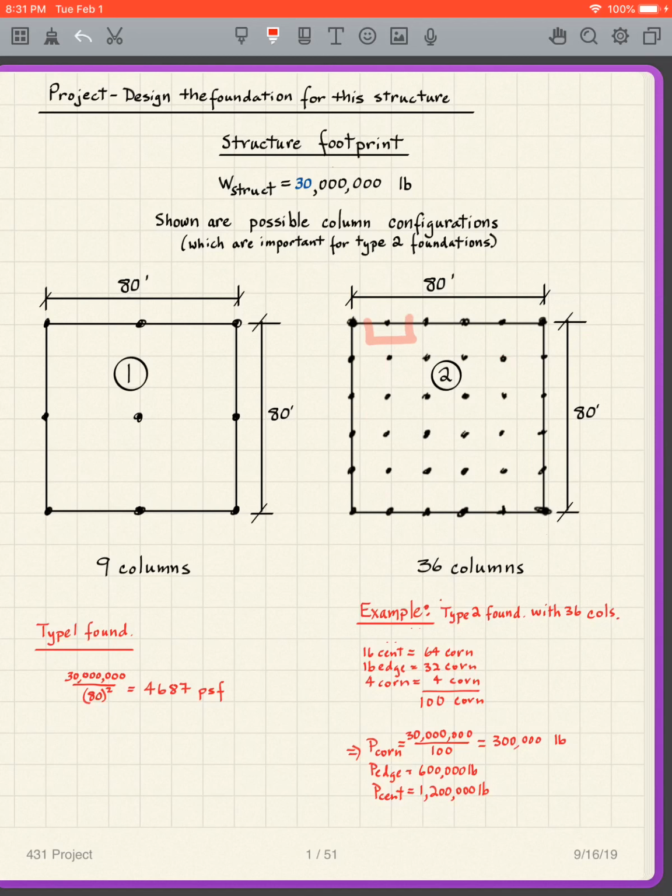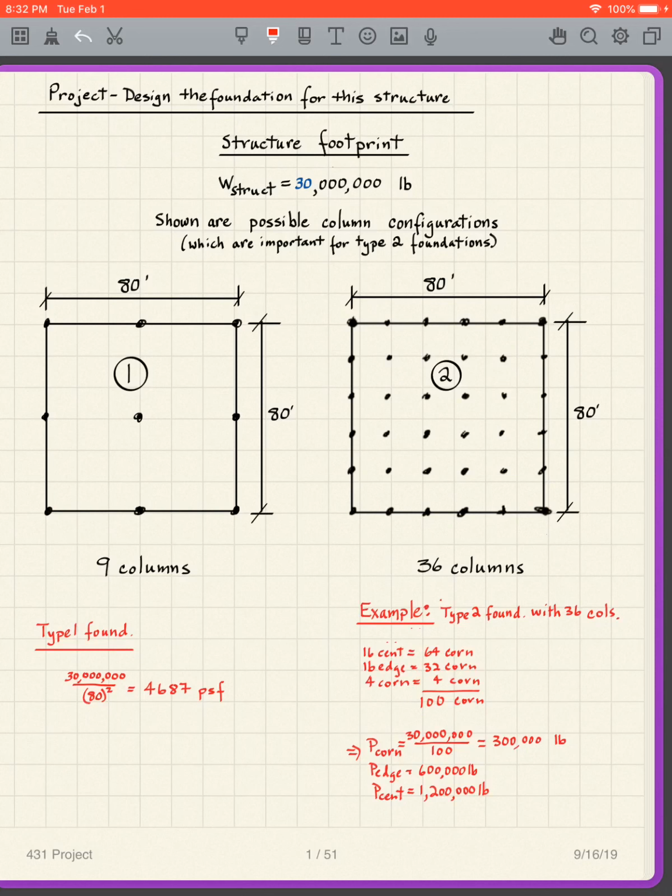So, and how many edge columns do I have? Well, I've got, all of these are edge columns. All of those are edge columns. So I also have 16 edge columns. And that is equivalent to 32 corner columns. And I have 1, 2, 3, 4 corner columns. So that's 4 corner columns. So the end result is, if I add all those together, I get the equivalent of 100 corner columns, which